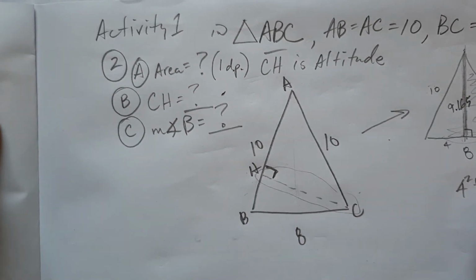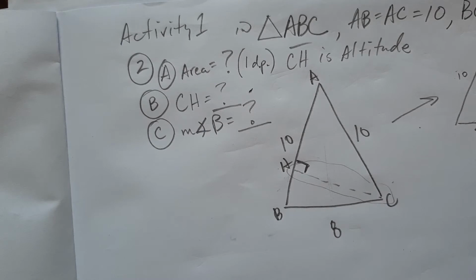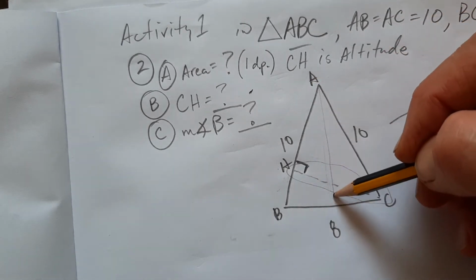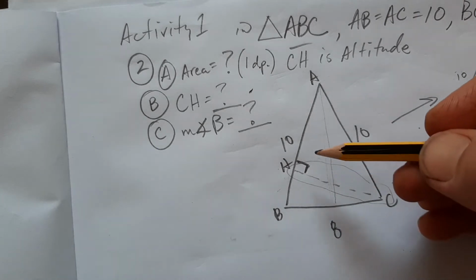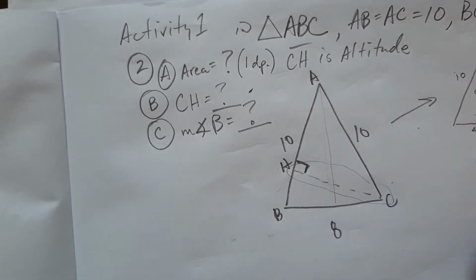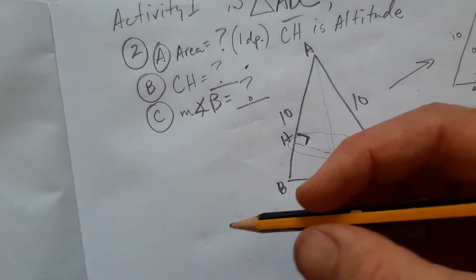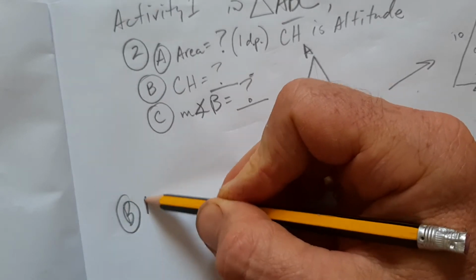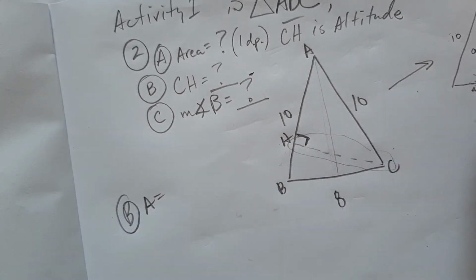So we know the area of a triangle, right? So we're just finding the area of a triangle a different way. We know this height now is 9.165, but it wants to know this altitude. So what is that? We know that the area of this triangle is